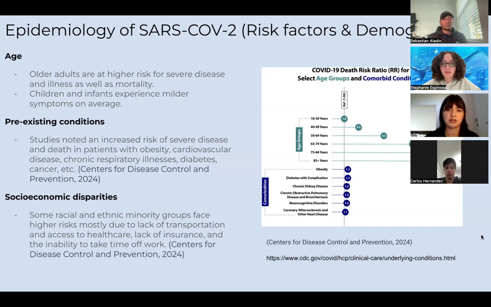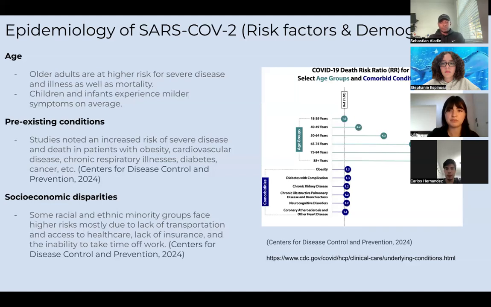Pre-existing conditions are incredibly important also to consider when analyzing risk factors associated with COVID. The CDC lists an exhaustive number of conditions that, when in combination with infection, can worsen the virus's symptoms. While there is a long list of diseases associated with the increased risk factor, the most important ones tend to be obesity, cardiovascular disease, both type 1 and type 2 diabetes, hematologic malignancies or blood cancers, and chronic respiratory and lung diseases, including but not limited to COPD, which stands for chronic obstructive pulmonary disease, pulmonary hypertension, and just normal